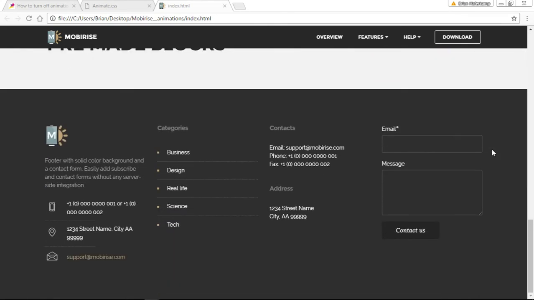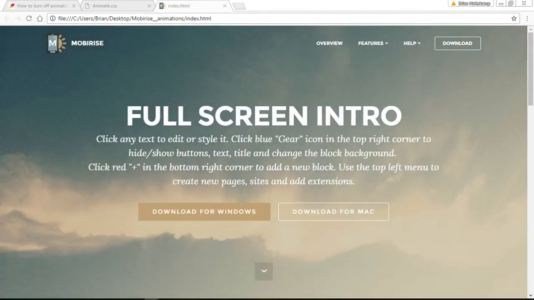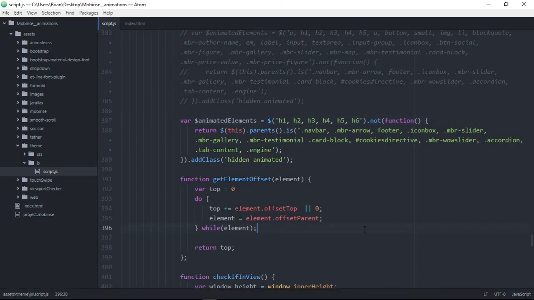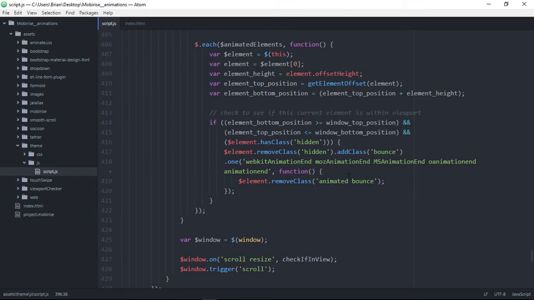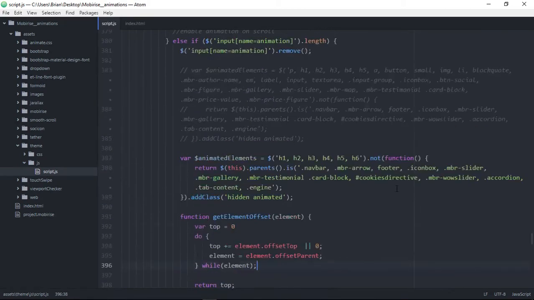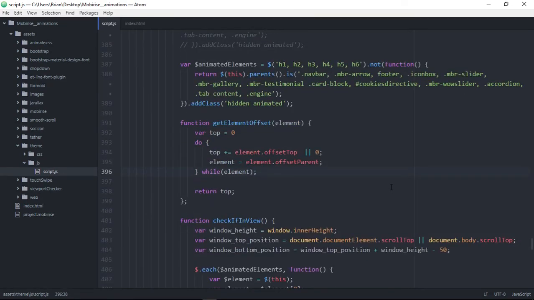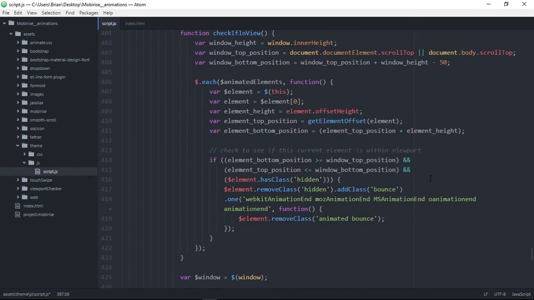So you can see where all of your heading tags are, and they've all bounced. There are several different ways that you could go about doing this, and only touching a little bit of the code, you can actually create some pretty powerful animations. If you only want to animate specific things on specific pages, then I would go through and change this like we did before with the is animated class, and that way it would take the animation,